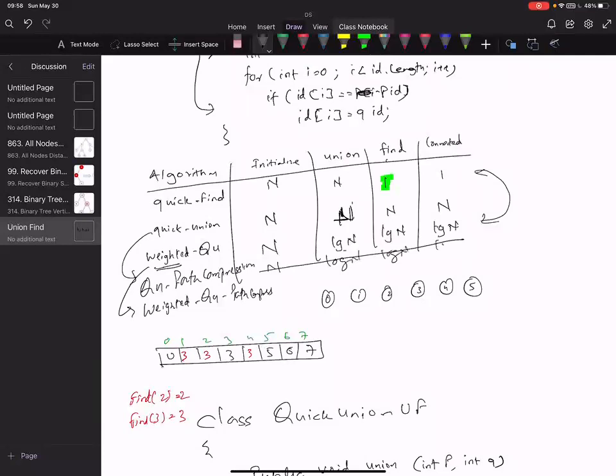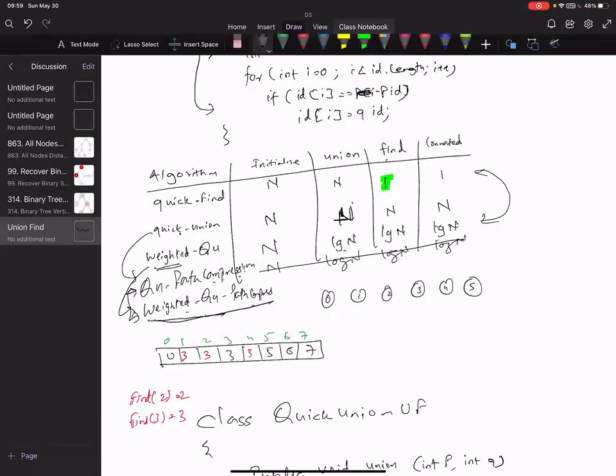With weighted path compression, union is reduced to nearly order n after a certain number of operations. If you're just doing quick union with path compression, it won't. In our implementation we'll do weighted, but that's why I made these two different points: quick union with path compression.